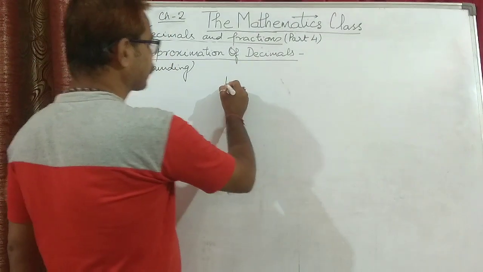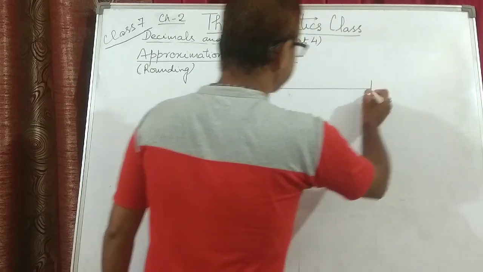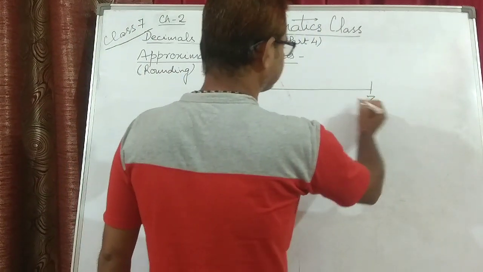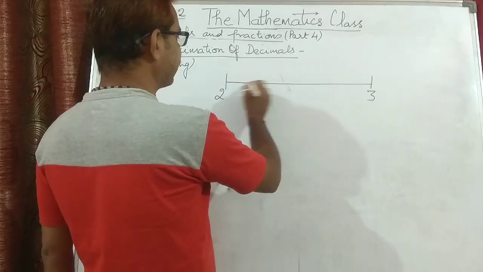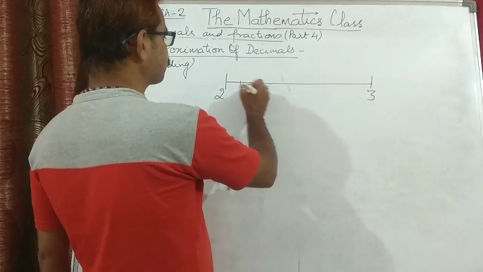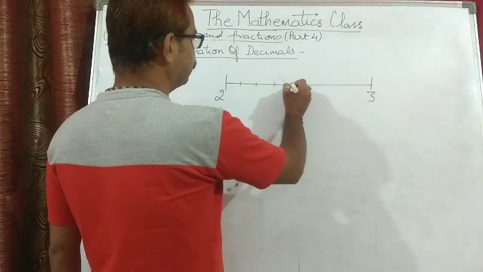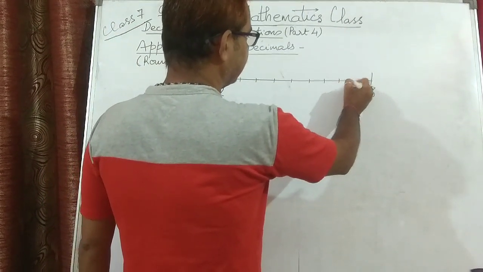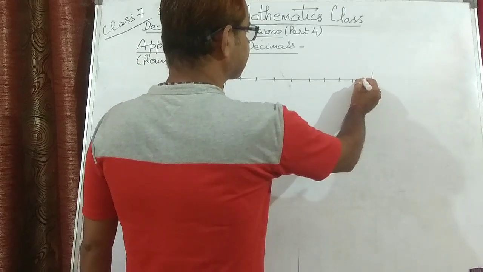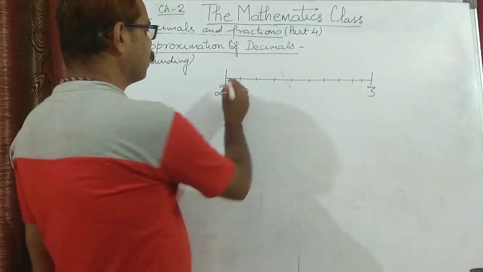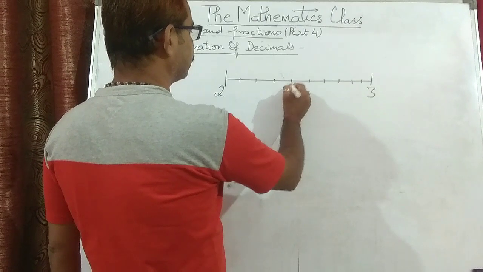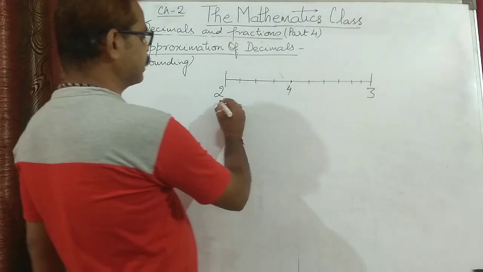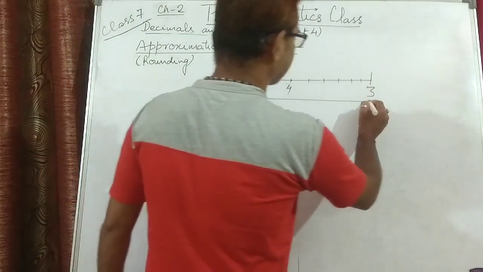Let's say there is a number 2 and 3. So we divide it into 10 equal parts: 1, 2, 3, 4, 5, 6, 7, 8, and let's say 9. Now 1, 2, 3, 4. Let's take this number. Suppose it is in centimeters. This total line is